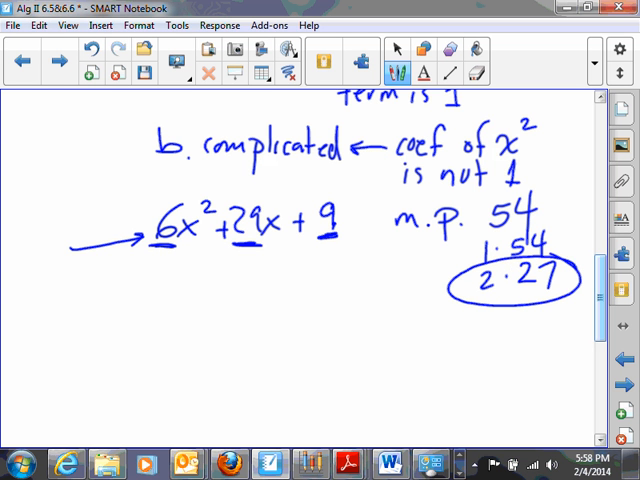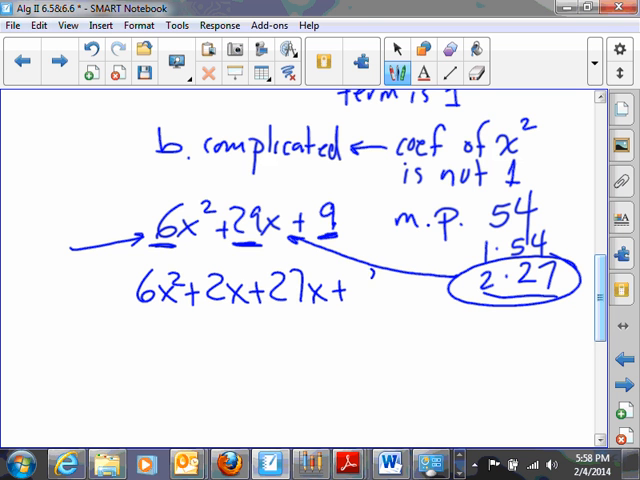We can stop here. Now, we do something a little different in this case, because of the complication of this. What we do is we split the middle term up into 2 terms using these two numbers. In other words, we're going to write 6x squared plus 2x plus 27x plus 9. Now, this is not factored,